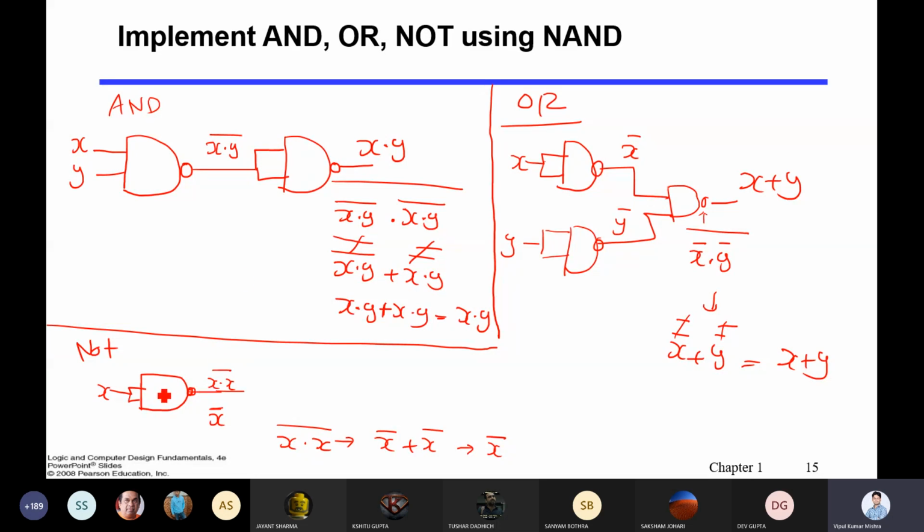Using one gate you can represent the NOT. Using three gates you can represent the OR. And all the circuits you can represent with these three gates. So ultimately you can say using one single gate you can represent all the circuits that is available. That's why it is known as the universal gate.